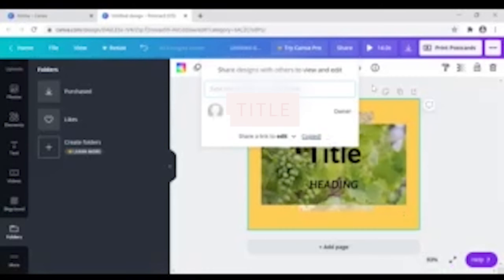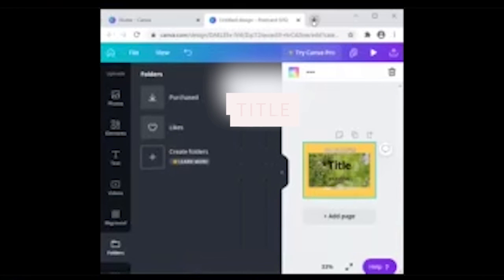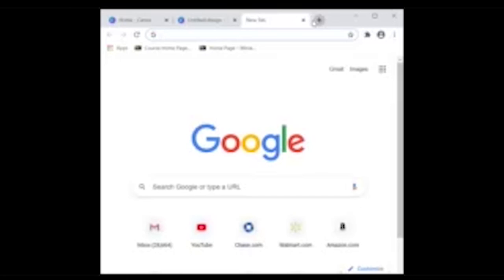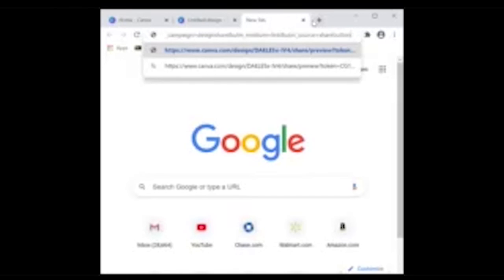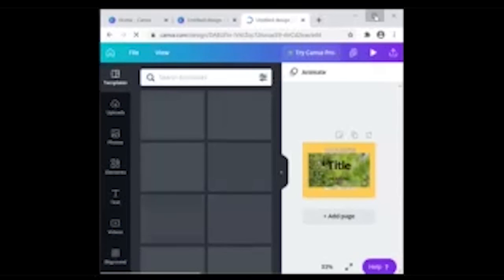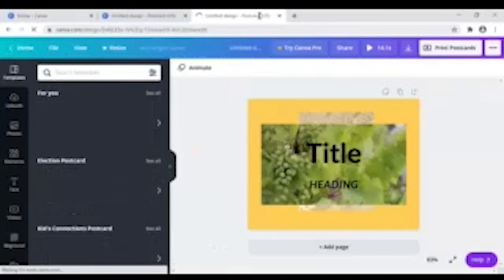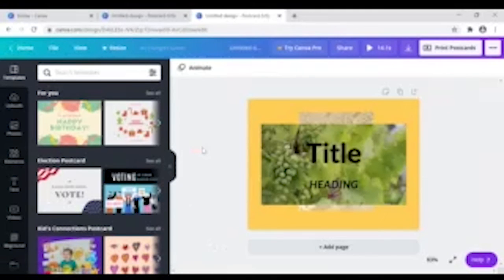In order to view this link, we will open a new window in the web browser. And we will paste the link that we copied. This is basically how the infographic will appear in the edit option, which allows the user to edit it and to add their own elements in the infographic piece.